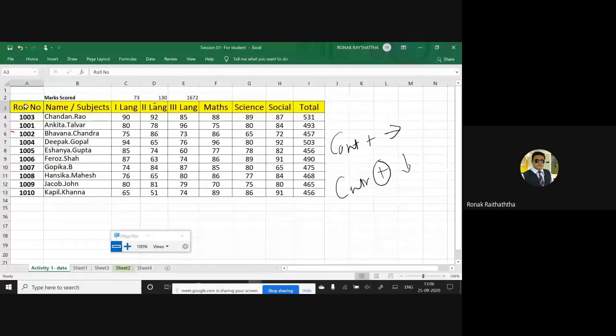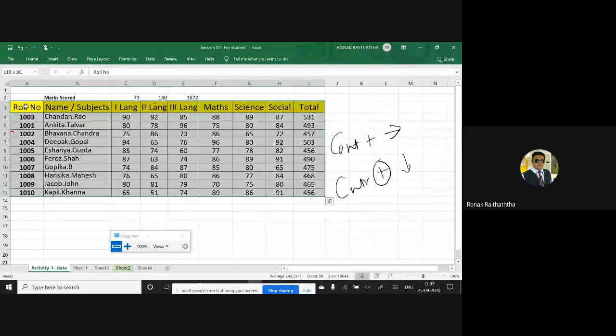Now that is to reach the last cell of the active data range. Now there is a next question. How can we select up to the last cell of the active data range on the right hand side? Till now we were using Control Right Arrow. Now we will use Control Shift Right Arrow. To select up to the last cell at the bottom side, if I want to select the entire data range, Control Shift Down Arrow.